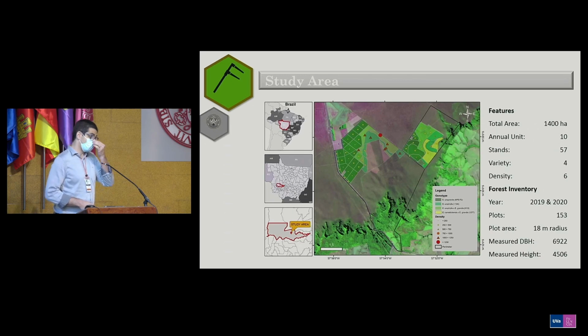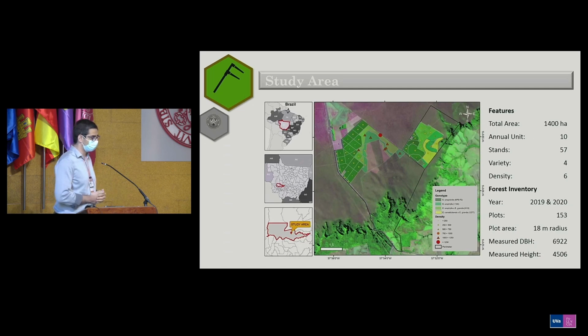The study area is a private area of 1,400 hectares. They started to plant in 2006 with seminal seedlings. At the same time, they brought clones from the south, and they did some trials to see which clone was the most productive. After 7 years, they started to implement these clones. Now we have 4 different genotypes, 6 different densities, and